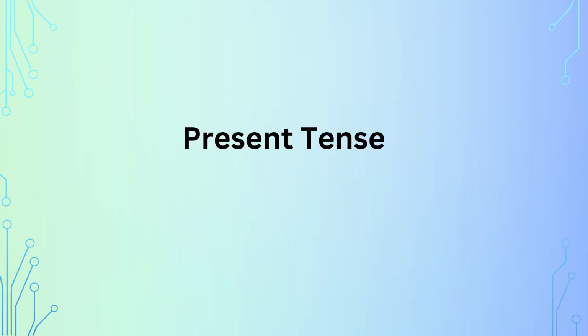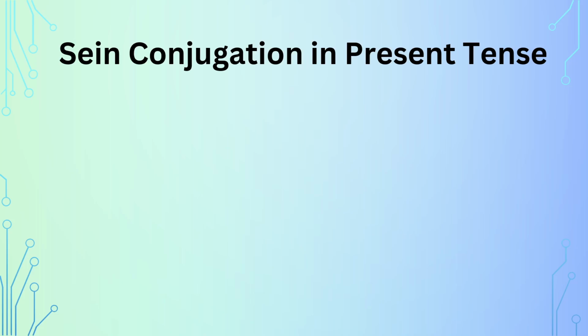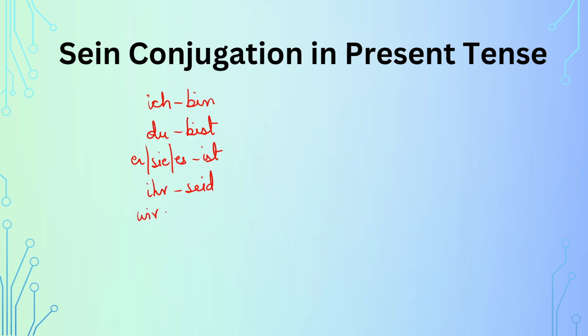So first, sein can be used in the present tense or as a main verb. It is very simple to use sein in the present tense. We will first learn its conjugation in the present tense followed by some examples. So the conjugation is: ich bin, du bist, er, sie, es ist, ihr seid, wir sind, sie sind, which means I am,